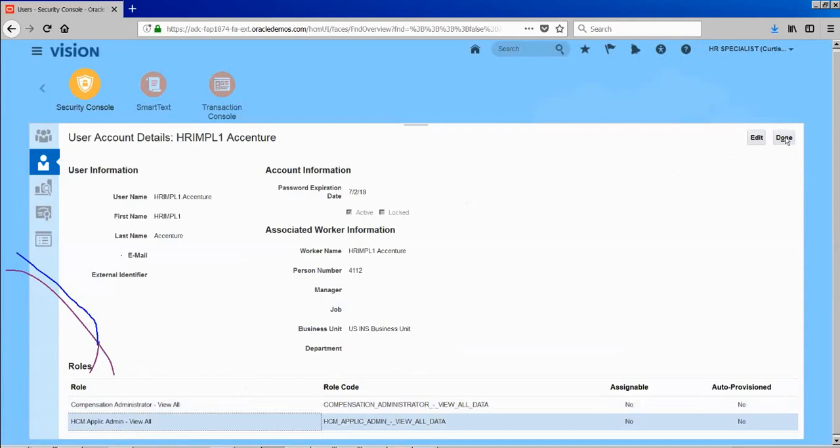So it just means different roles based on that. Exactly, yes, different roles. If we want to add that IT security role here, it will allow it, right? Yes, absolutely. In this screen it allows you because you are in the security console.